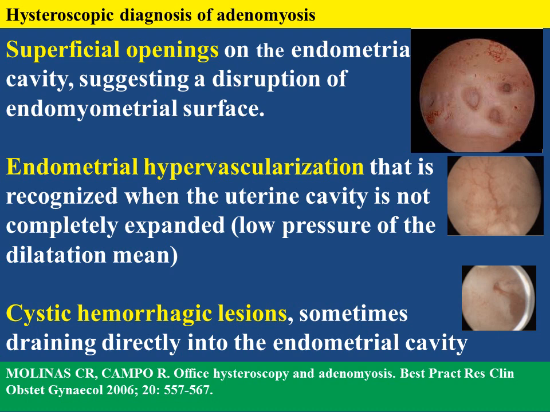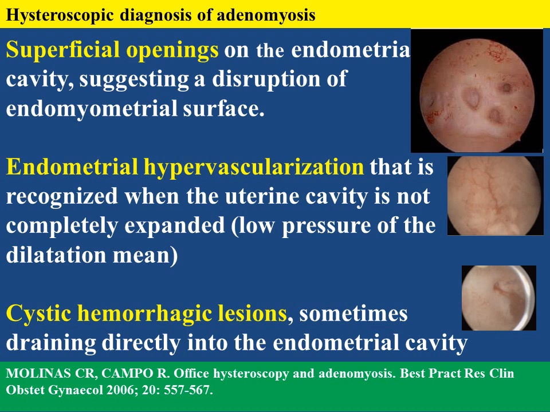Now we will do hysteroscopy for this case because she is an infertility case or abnormal uterine bleeding case. We'd like to evaluate what's inside the uterine cavity. If you go by hysteroscopy, you can see some abnormalities that may alarm the diagnosis of adenomyosis, like superficial openings of the endometrial cavity suggesting disruption of the endomyometrial junction, endometrial hypervascularity, which is seen if you minimize the pressure inside